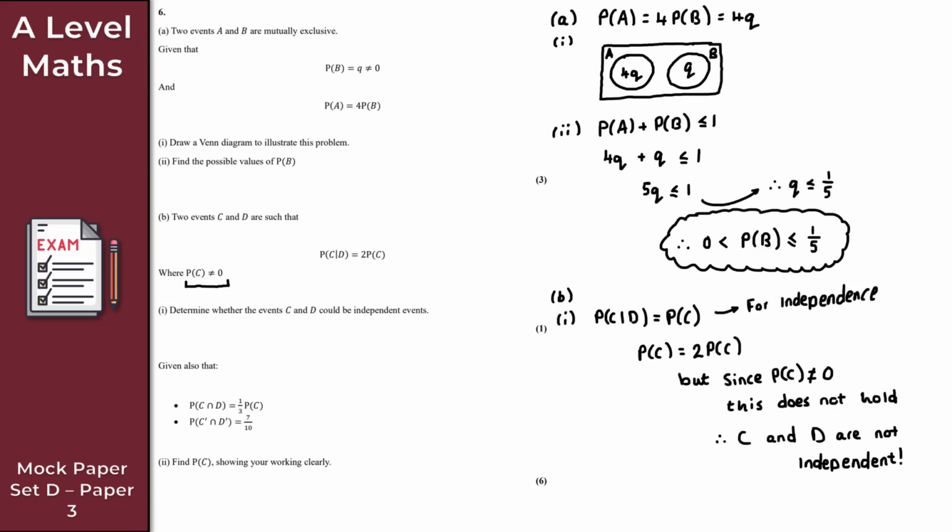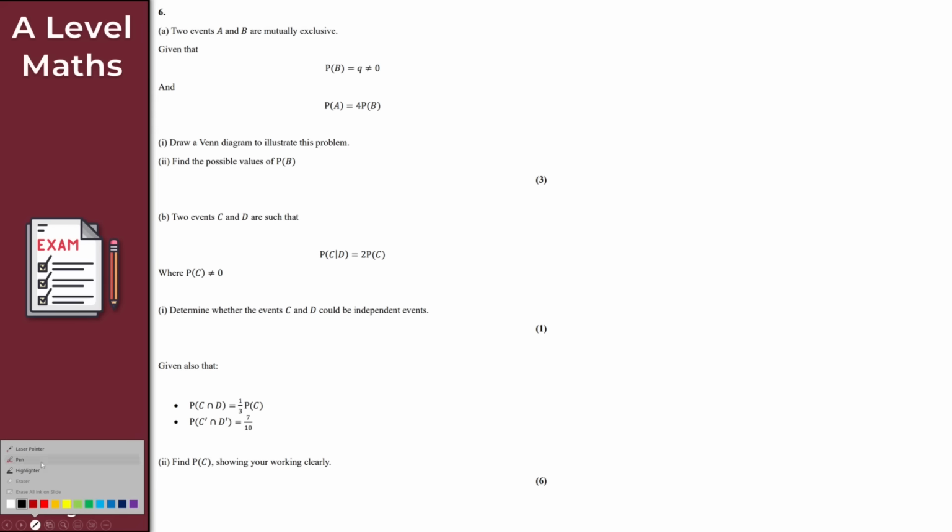Now, B part 2 does take a little bit more room. So what I will quickly do here is just clear the screen. Let's get rid of all that, and let's continue then with B part 2. So for B part 2 then, what do we want to do here? Well, I'm also given these 2 points here. Hopefully you can just about read these. So the probability of C intersection D is a third of the probability of C. And then the probability of not C intersection not D is equal to 7 over 10. What we want to do here then is just find the probability of C, showing your working clearly,